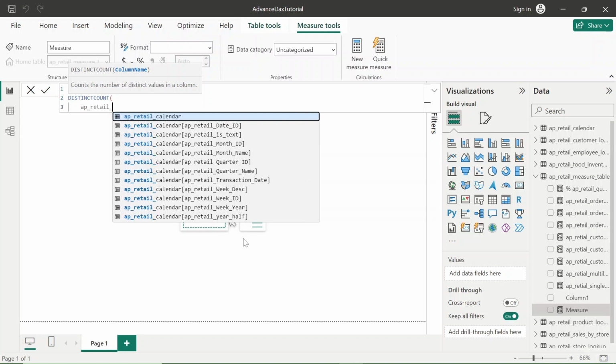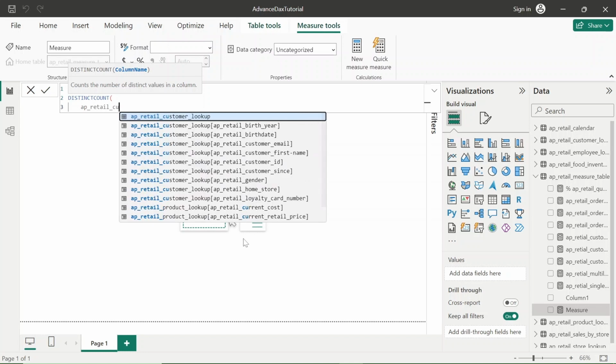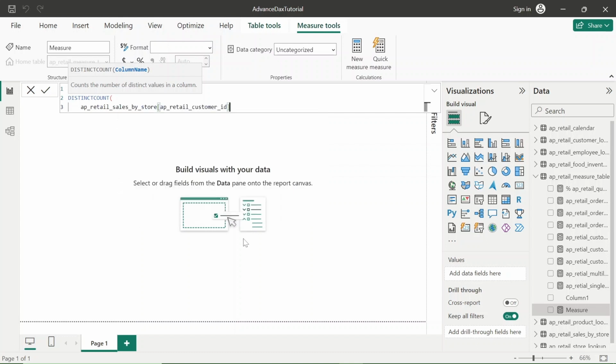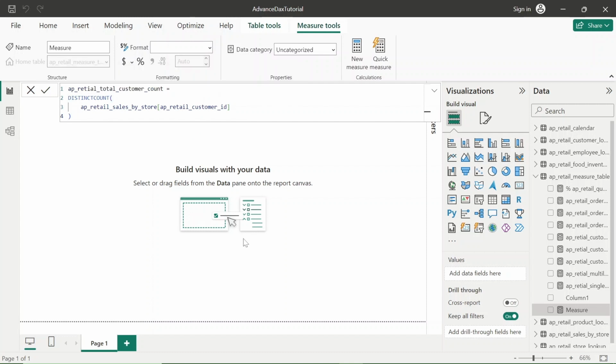AP retail customer lookup, and we are using this customer ID. This measure has been created successfully.